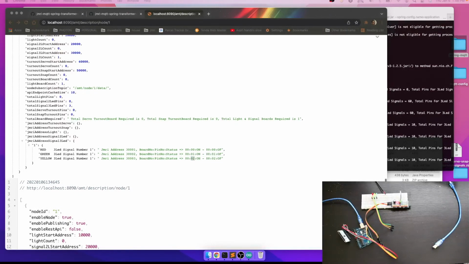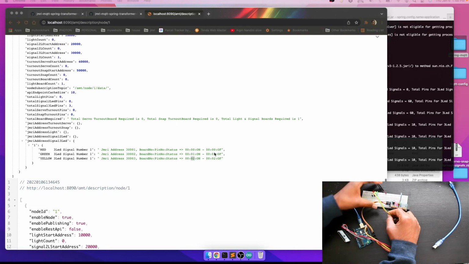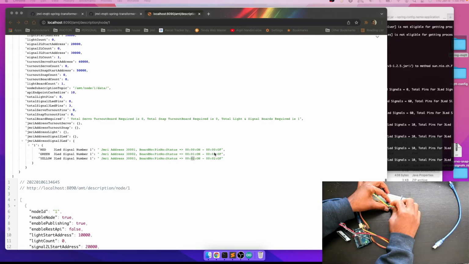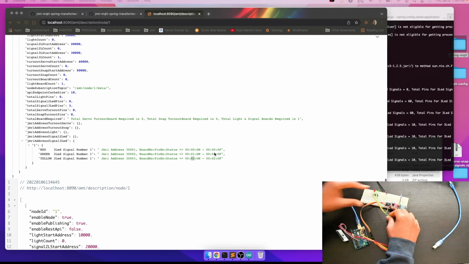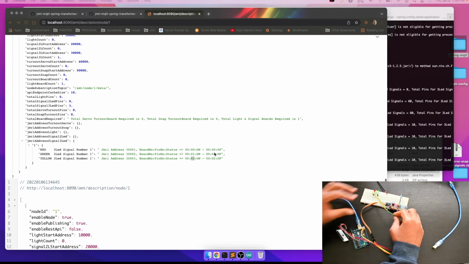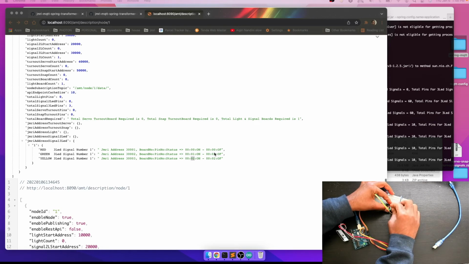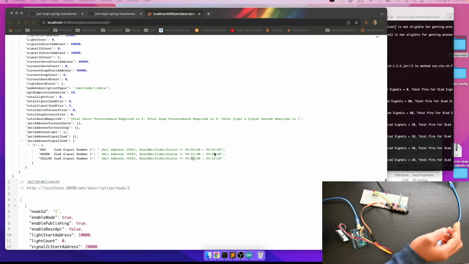configure. So what we will do, we will just take the help of this: red is on pin number 0, so we have to configure it on PWM pin 0, and then we have to configure the green on pin number 1. So we have configured green, and then we have to configure yellow on pin number 2. So we have done the configuration now, so we are good with